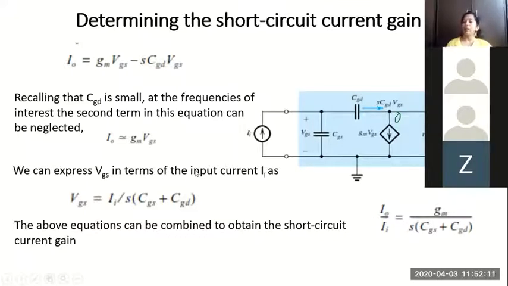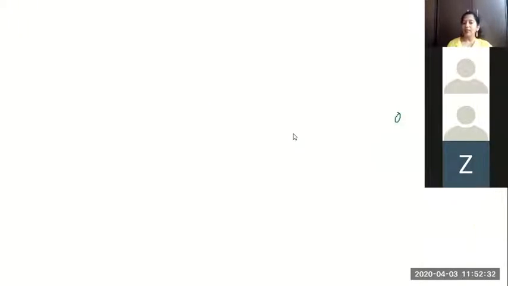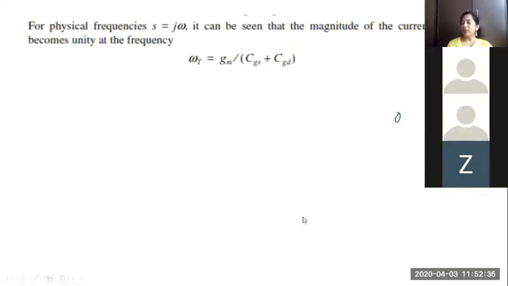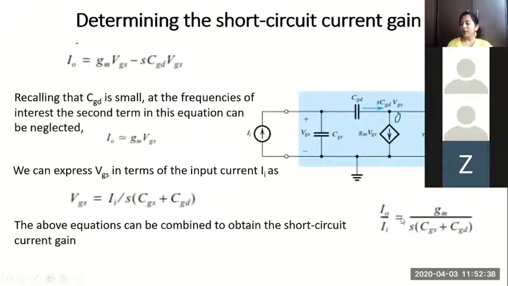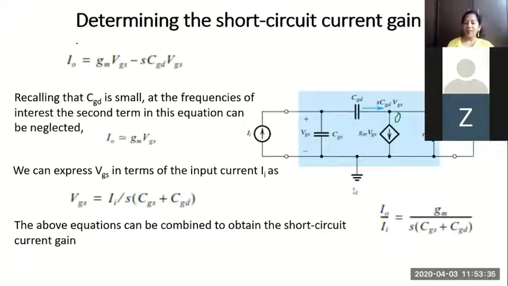Okay. So the value of this current gain becomes, put S as j omega first. Then for omega, you substitute omega t as GM by CGS plus CGD. So what happens when you substitute? Here, the current gain